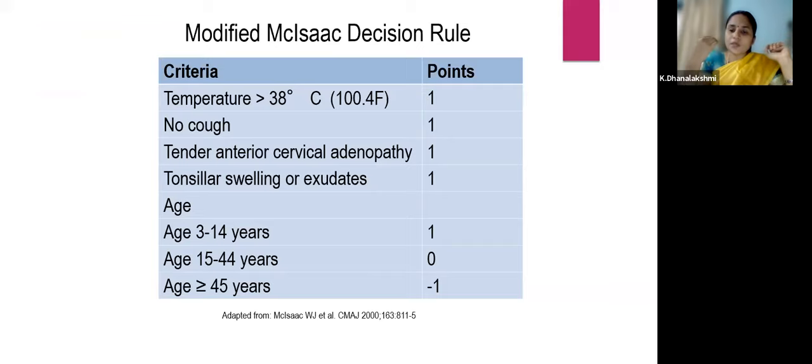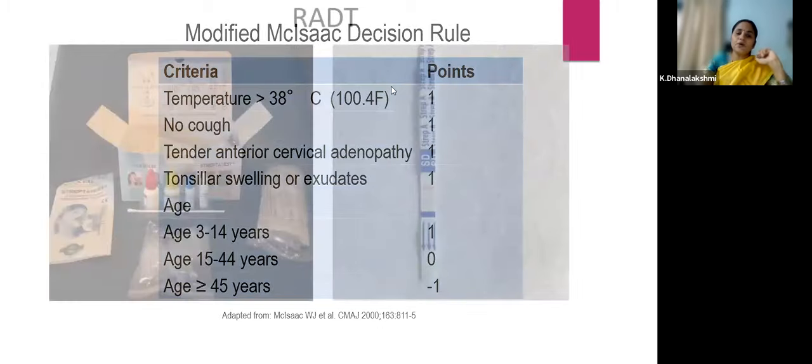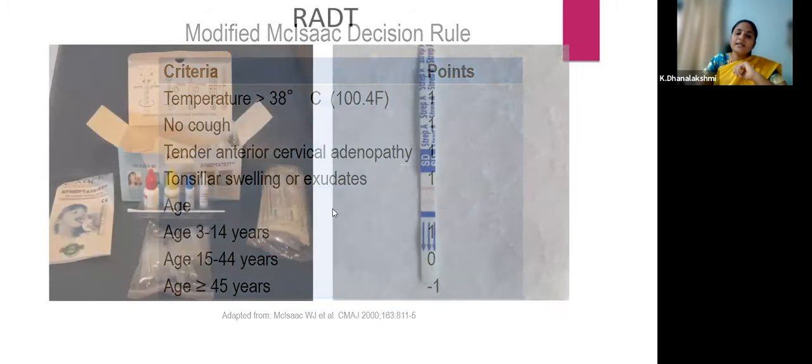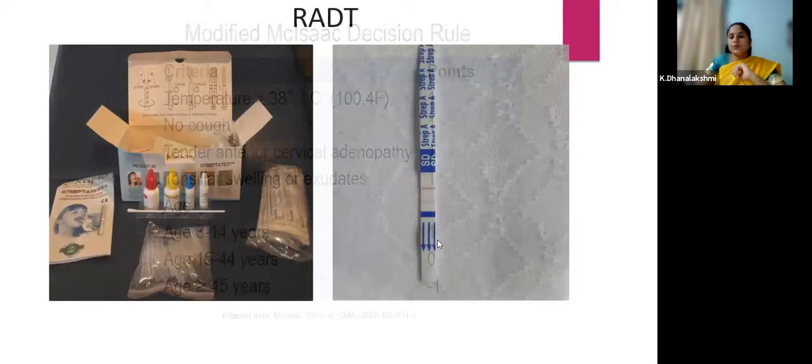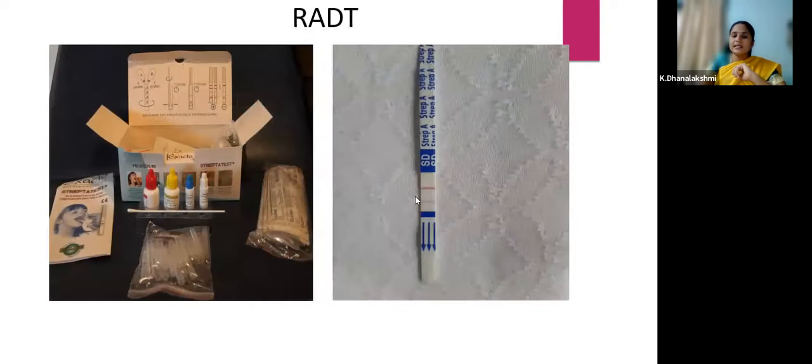But if the score is 2 or 3, then it is always very difficult to differentiate whether it is viral or bacterial. For that, we have a rapid test, that is a group A rapid test we commonly do at the bedside. This is again a lateral flow immunoassay. Here you see the test line and control line both are positive. If you do the test, we can get the results within 15 to 20 minutes. That way we can decide on the spot, so the patients need not come again and again to get the results and meet us for appropriate treatment.